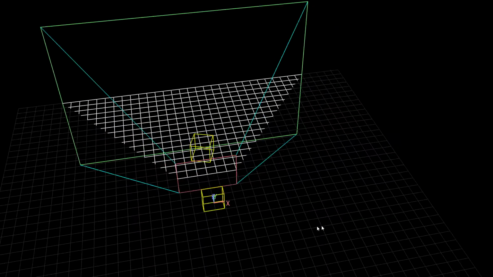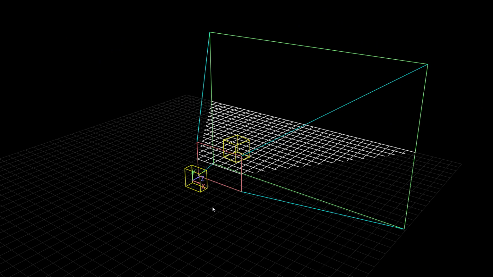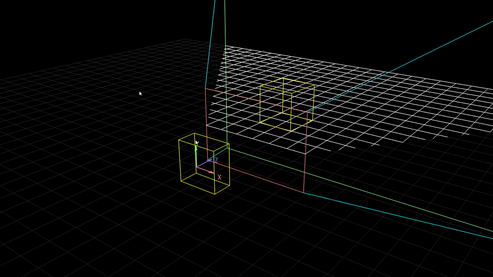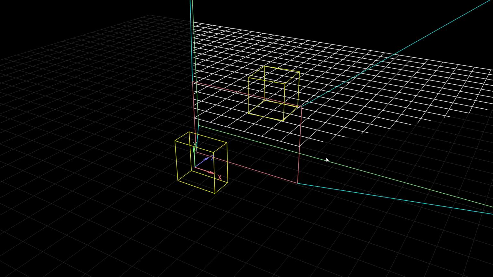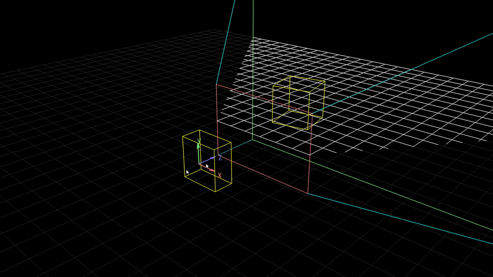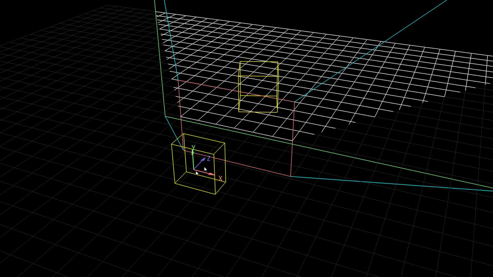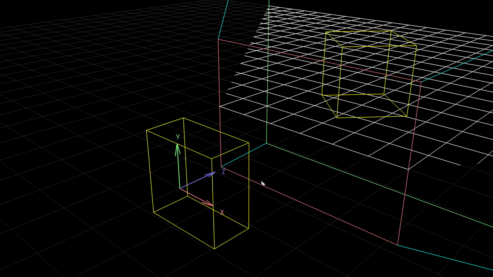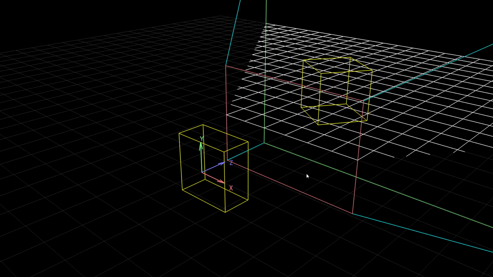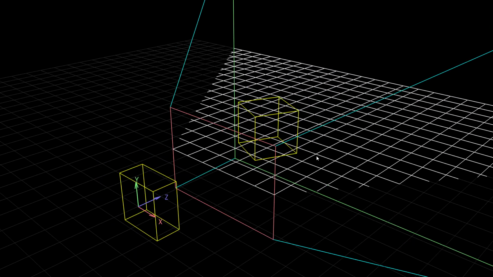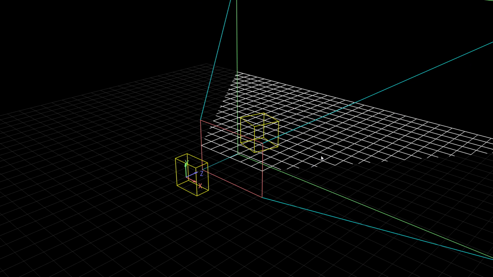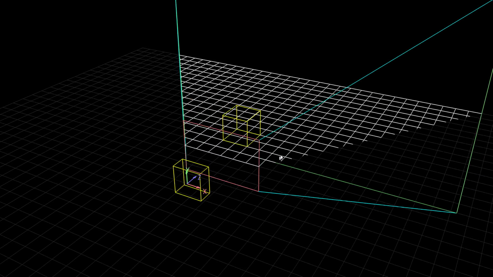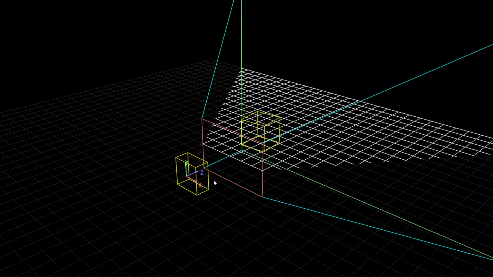So first of all, we start with our view space, which means that everything is in terms of where we're looking at, or in terms of our viewpoint. This is the origin of our coordinate system. We're using a left-handed coordinate system with y pointing up. So everything is already in this space in relation to where we're looking at, and our forward direction is the positive